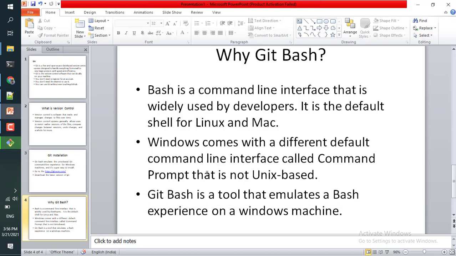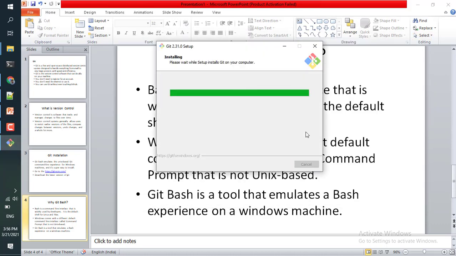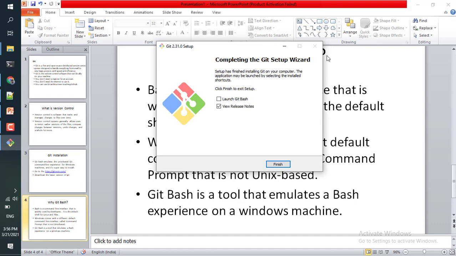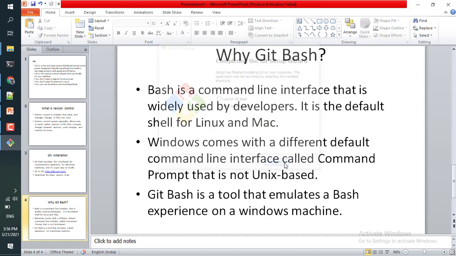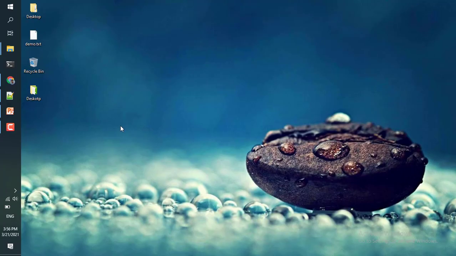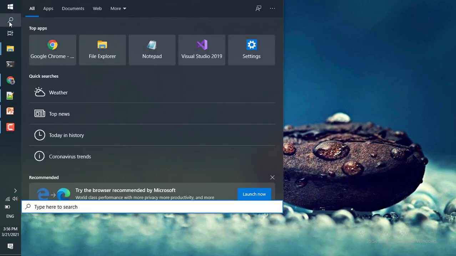Git Bash is a tool that emulates a bash experience on a Windows machine. If you have a background in Linux or Unix systems and want the experience of bash commands, you can go to Git Bash. Now that Git is installed in our system, we check the Git version.